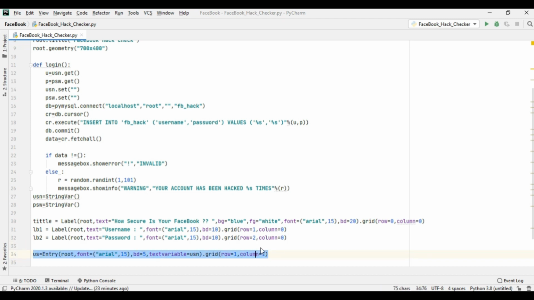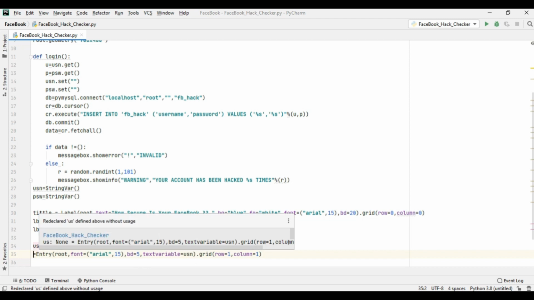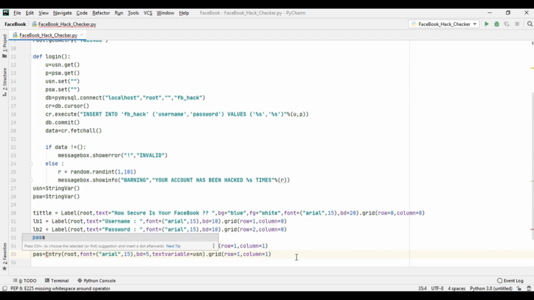So we will once again copy it. But in case of password, we will do some modifications, because we know that the password comes as marks or stars, and will not show the text which the user is writing. So for that we have to modify something.